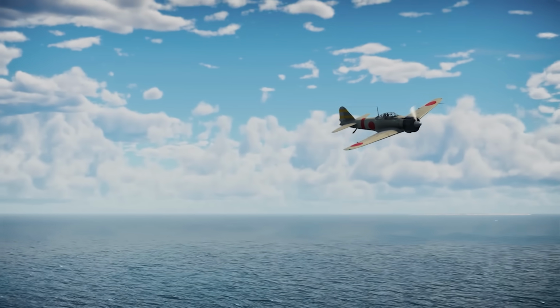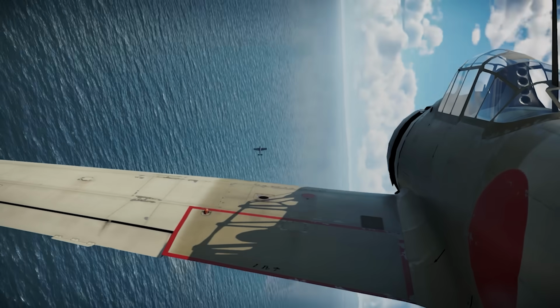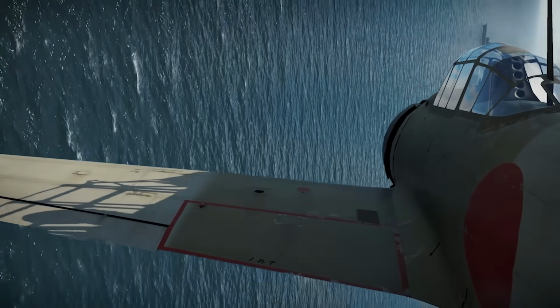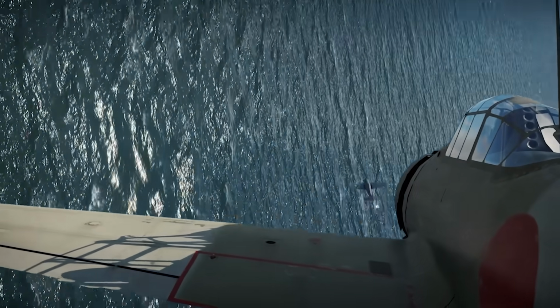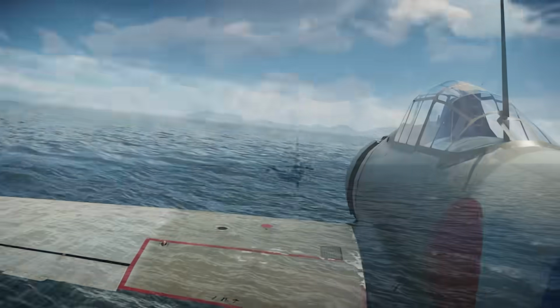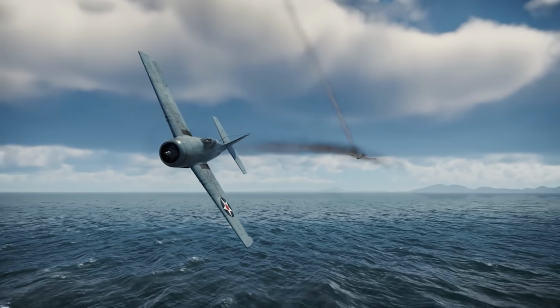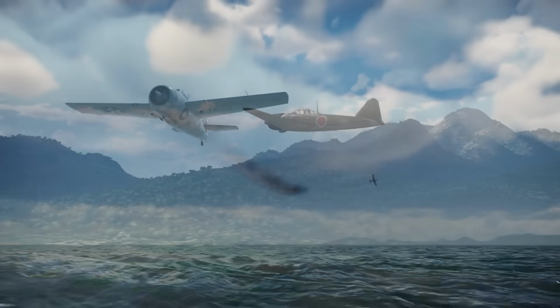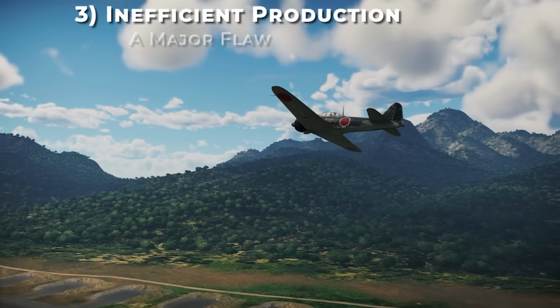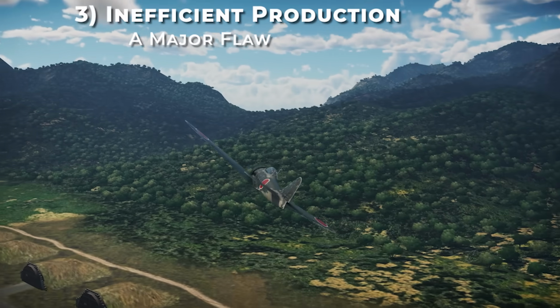This was the first time in history that a plane could take off from the sea and confidently dogfight with any aircraft that it might run into, from a ship or from an airfield. This gave Japan a massive advantage in the open ocean and island campaigns that would benefit them greatly in the battles to come. Up next, at number 3, we will actually discuss a major shortcoming of the Zero, the incredibly